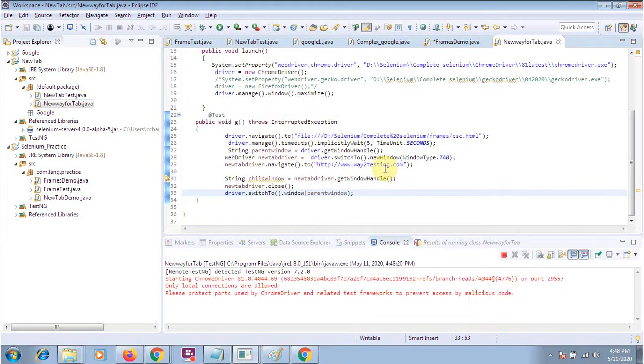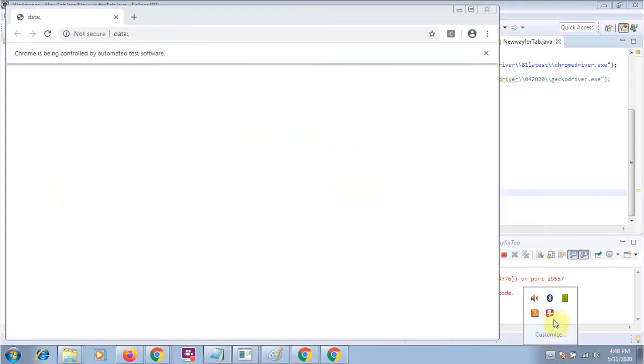So I will run this one. You can see first of all the window will open, then it will perform the operation, then it will close, and your driver will be moved to the parent window. After that, one more thing we will see today, how to configure Maven. And then like this one, you can see it's opening.